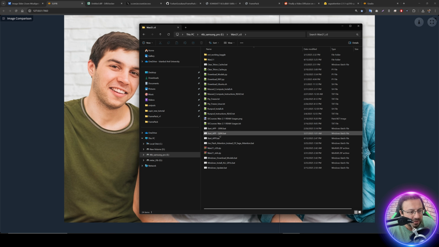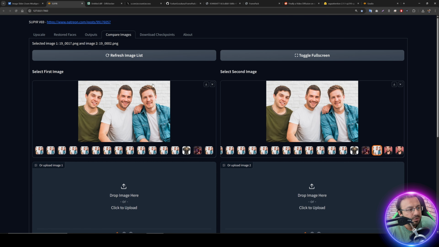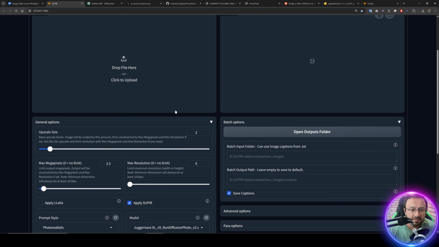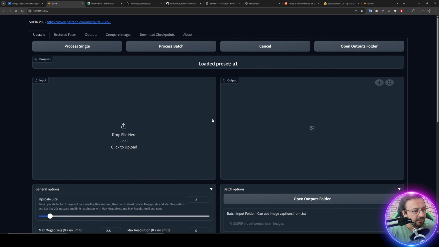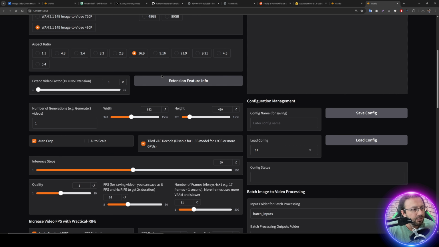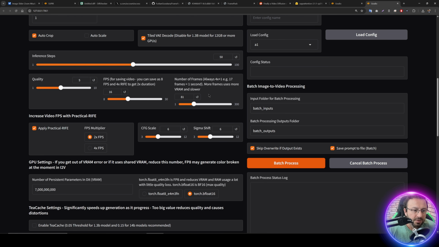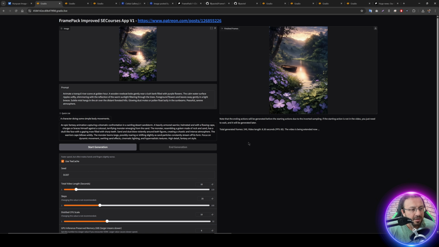Let me show you the latest version of the 1.2.1 application, so you will understand what kind of features we can get. And I am also working on an improved super application. This is the very best image upscaling application. I will make a video for it soon, the newest version. You will love it. So this is our 1.2.1 application. We have so many features here. Hopefully I will add some of the features we have here to this new application that I have just published